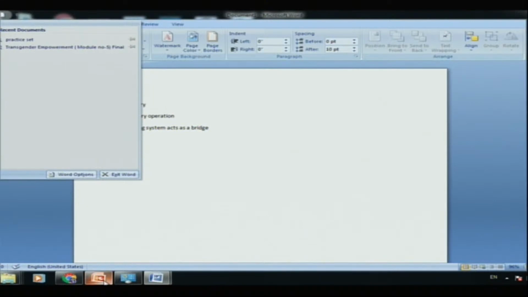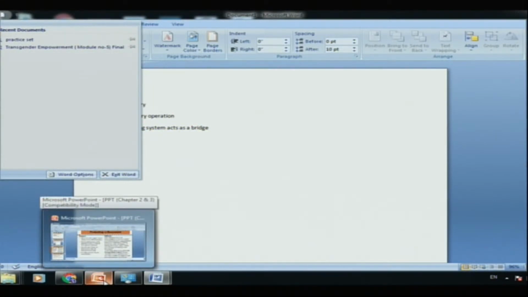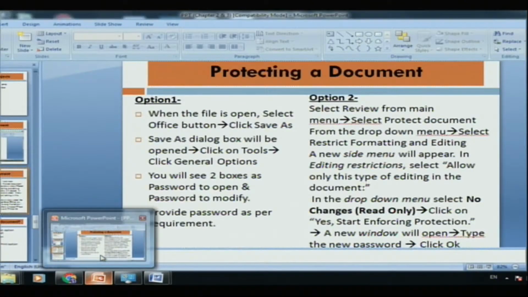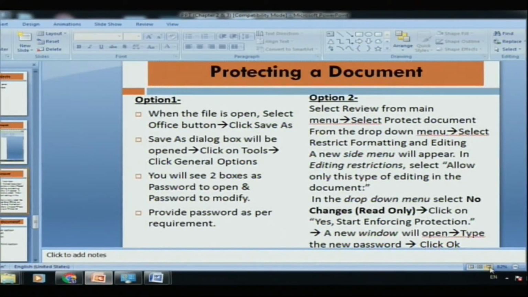So, before completing this, let us have a look at how to protect a document. What is the need of protecting a document? For example, I have created a document that I do not want to be seen by others. To protect a document, we have two ways. The first option is